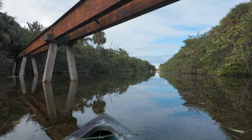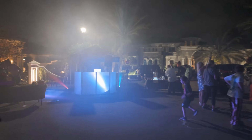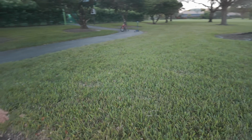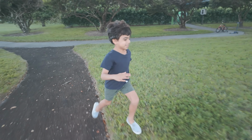Since DJI came out with the Osmo Pocket 3, there's a brand new firmware update. If you haven't downloaded it, make sure to. We are filming this at the end of November here in 2023. Originally, DJI only let you shoot in D-Log-M in 10-bit up to 60 frames per second. Now you can shoot in D-Log-M 10-bit up to 4K 120 frames per second, where it was restricted to 8-bit